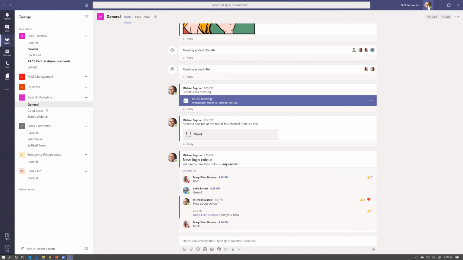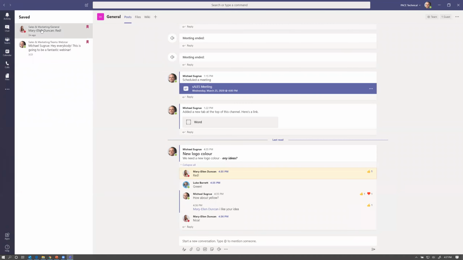So if I wanted to view this saved message, I can come back up here to my account and click on saved, and it's going to show me all of the saved messages that I have. So if I'm done looking at it, I don't need it saved anymore, I can just click on this little icon here to unsave it, or I can just go back into that same message and thread, go back to this little icon here or the menu and click unsave.